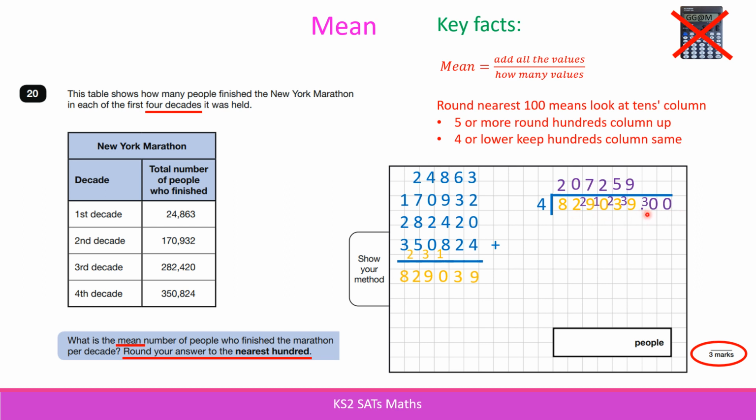But now that little 3 that I carried over has got a meaning, because it is now 4 into 30. Now remember, if the decimal point is here after the 9, the decimal point will go in the same place above. So it'll be a decimal point here, and we're looking at putting 4 into 30. So that is going to be 7, because 7 times 4 is 28, and there is 2 left over to make it to 30. So the little 2 needs to carry over here. Now I'm looking at 4 into 20, which is 5. So I have got